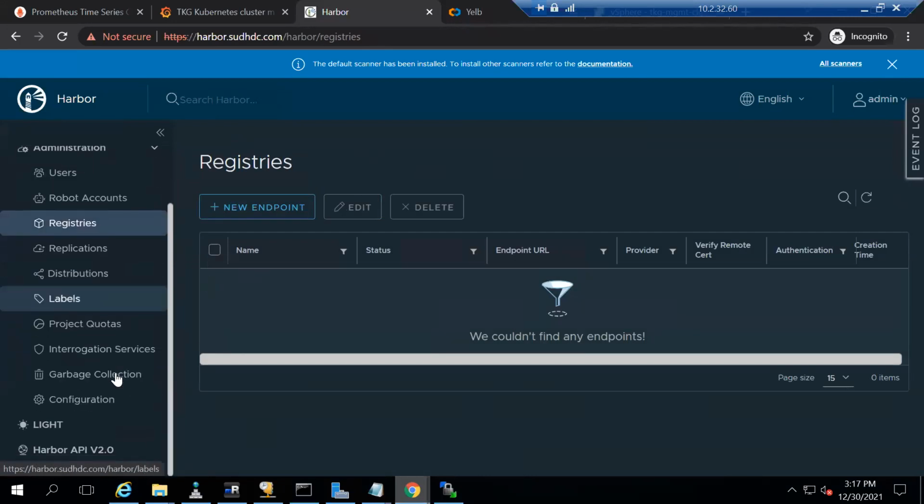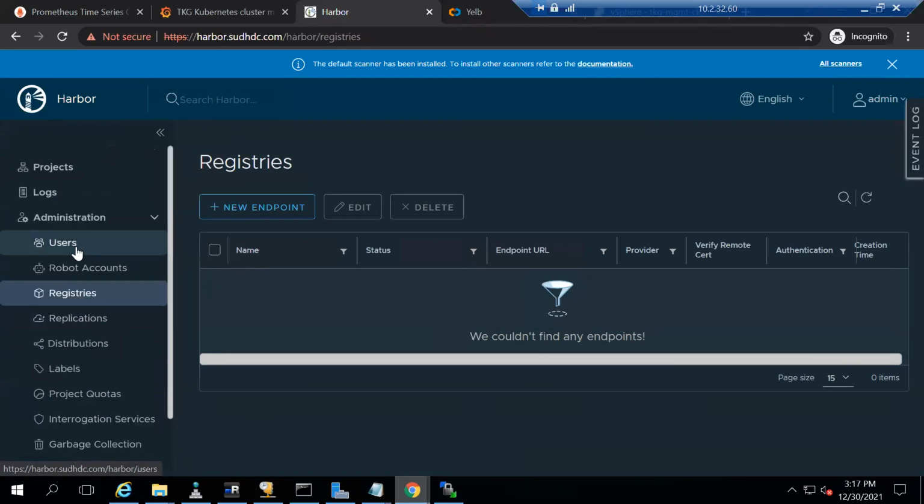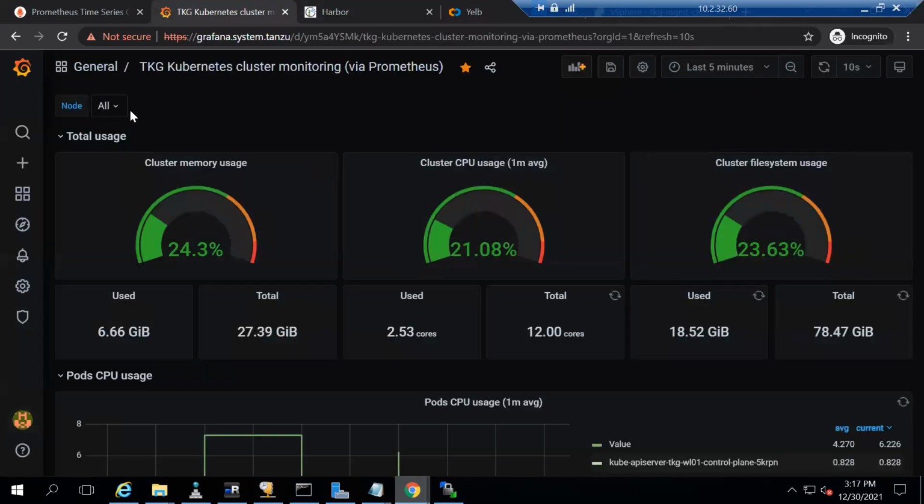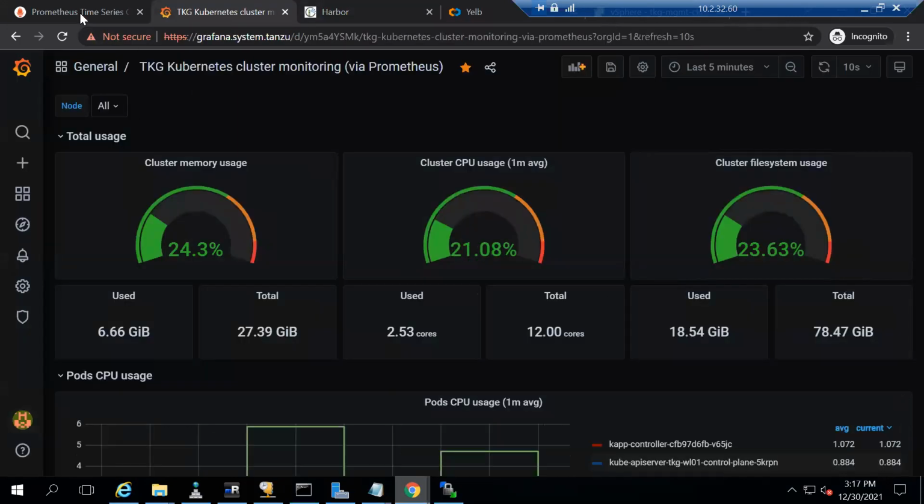All right. And that's pretty much on this particular thing. You can give access to users. You can define something like the quotas that are available for each team. So these are the things that this particular tool helps you do. Next, we'll move towards Prometheus.